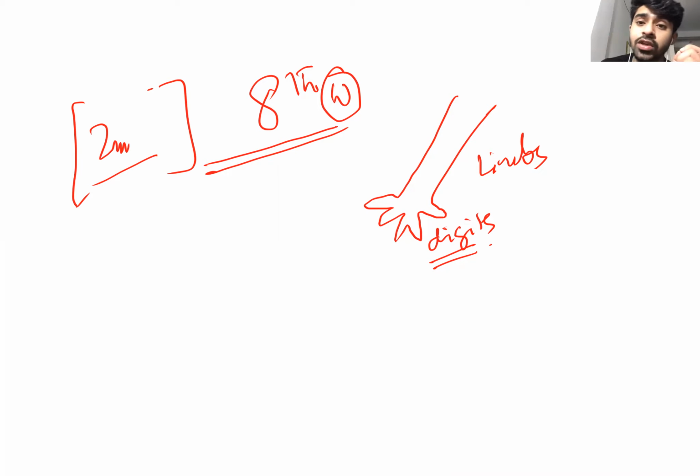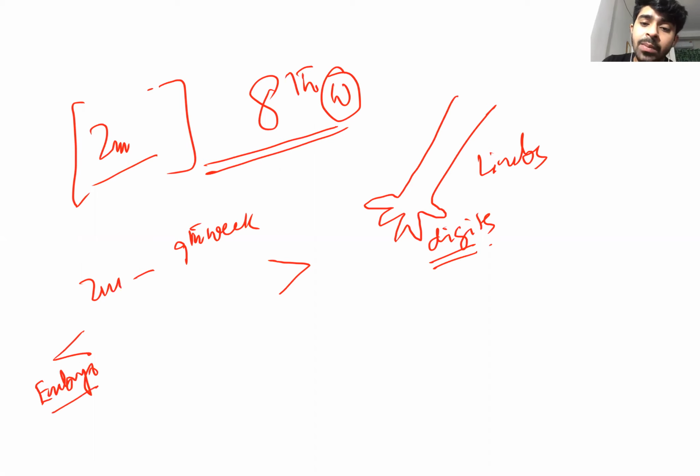And the next MCQ is that after this second month or 8 or 9 weeks, basically we used to tell that if we are telling a month, then this is 2 months. If you are mentioning according to the week, we are mentioning the 9th week. So please remember, less than 9th week and more than 9th week. Remember, less than 9 weeks, the product of conception is known as embryo. Okay, embryo. But after the 9th week, it is known as fetus.